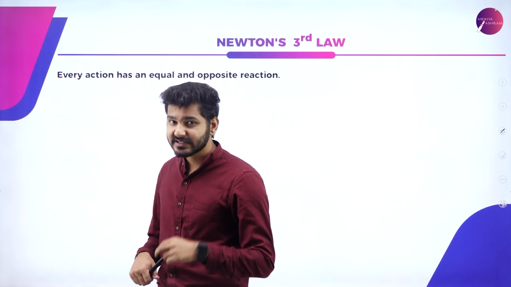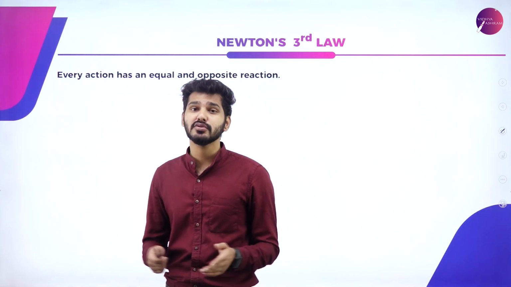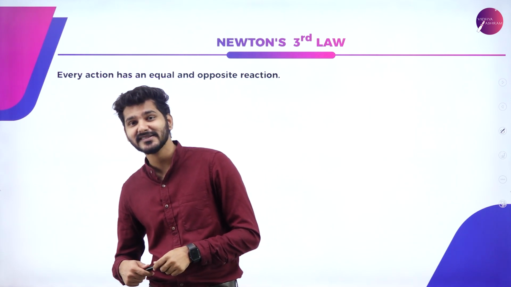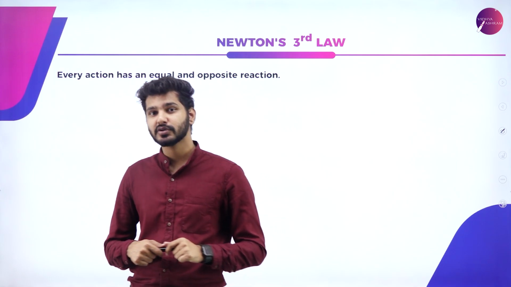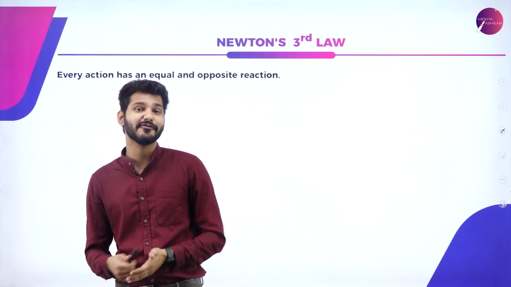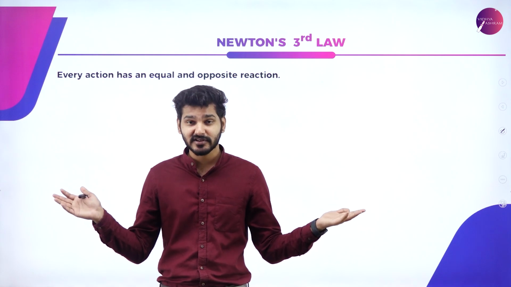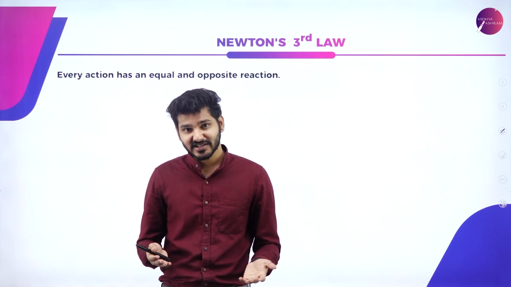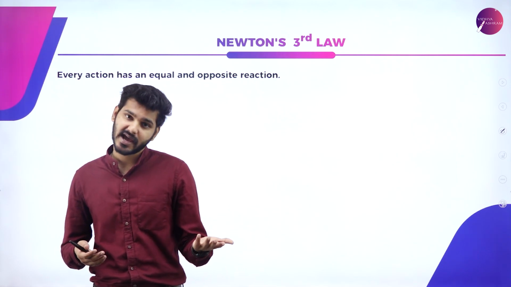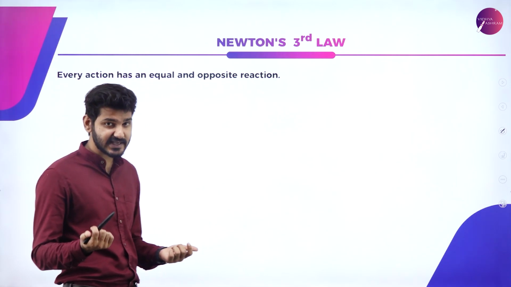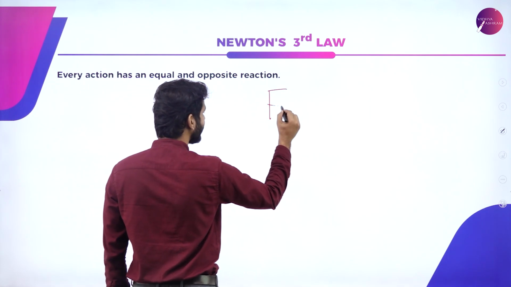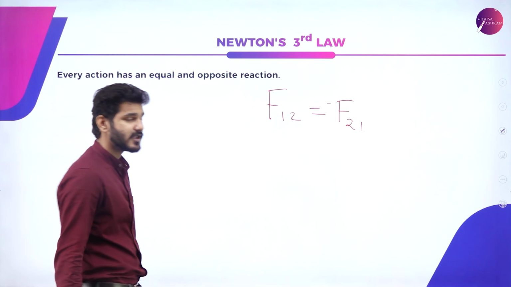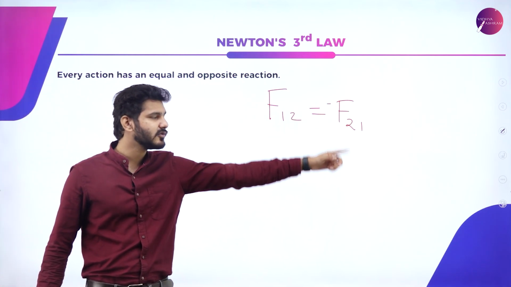Again, before getting into Newton's second law of motion, I'm going to directly take you into Newton's third law of motion, simply because it's much easier and more relatable for you guys. So what is Newton's third law of motion? Everybody knows this. Everyone in this entire world who knows a little bit of physics knows this. That is, every action has an equal and opposite reaction. Mathematically we can say that F12 is equal to minus F21. So what is this F12 and minus F21?